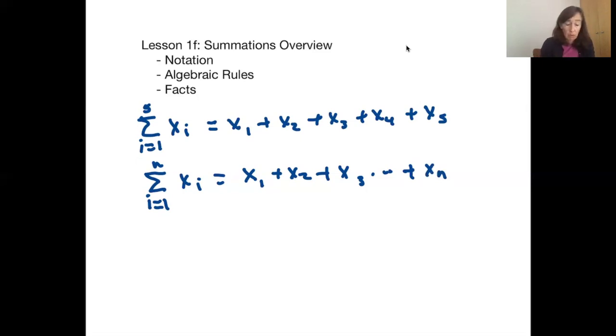Really nothing more to it than that. We're not doing anything different mathematically than we would be if we would write things as a regular sum with plus signs. We're just writing them a little bit more compactly. The fact that we're writing the sums more compactly has its pluses and minuses. It has its advantages and disadvantages. If we're writing the same thing over and over again, it is really nice to be able to abbreviate a little bit. And I think that is the main reason why people use summation notation,